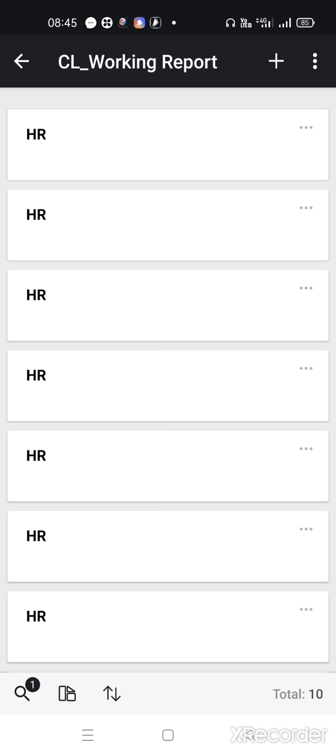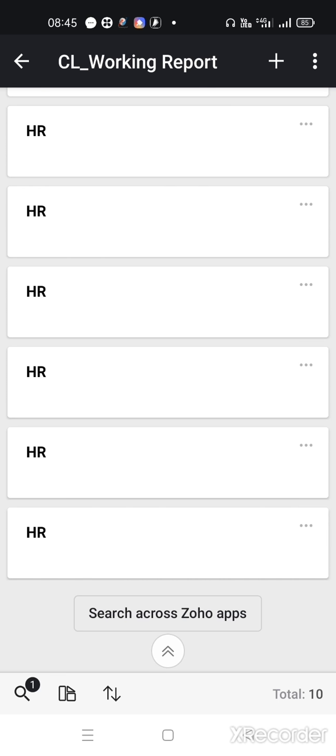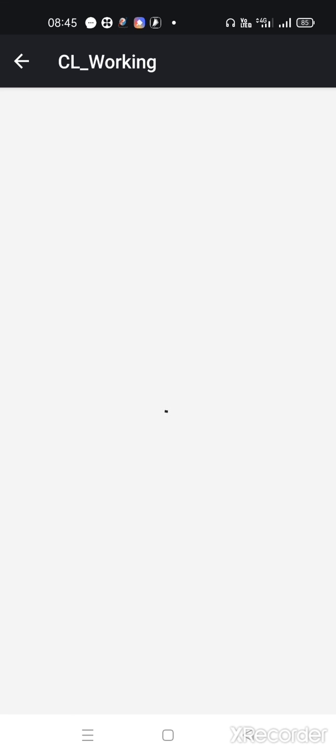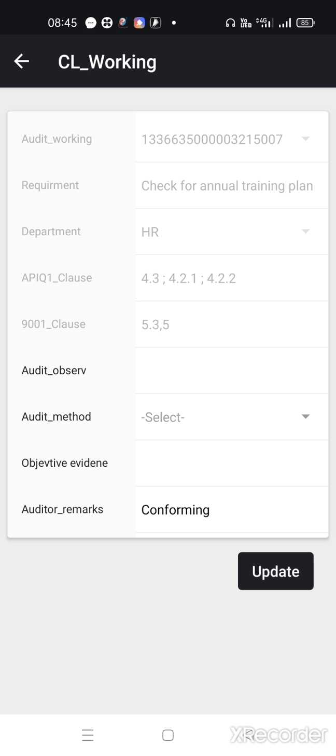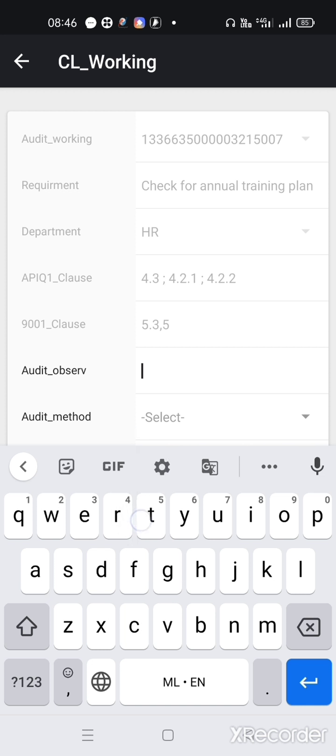So we have around 10 check sheets for the HR department. Open one by one and click this edit button in the top. Now the edit is restricted. You cannot edit all the fields. Audit observation. Here this checks for annual training plan. So audit observation, training plan.